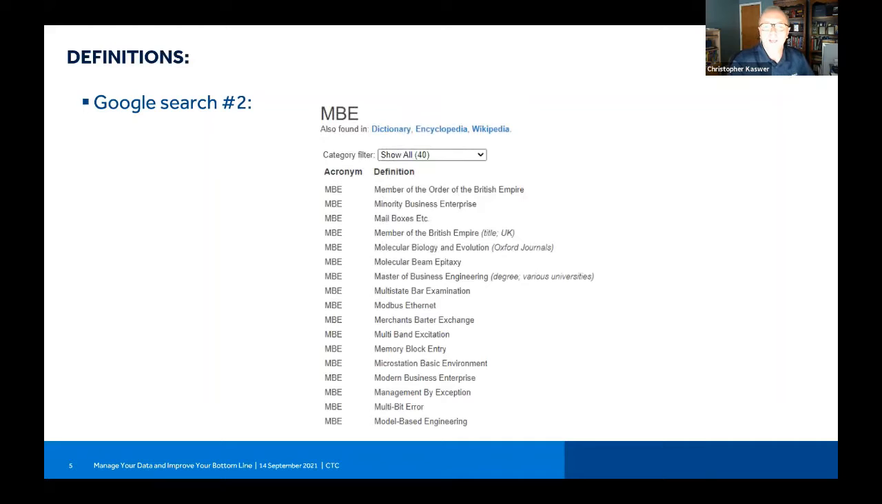So we try it again, and we take a look at some other listings further down from the Google. We do come across something that kind of maybe looks like what we're interested in, but it's not model-based enterprise, it's model-based engineering. So we really didn't have a winner there. So we'll just plow forward and talk about the fact that for our discussion, MBE really